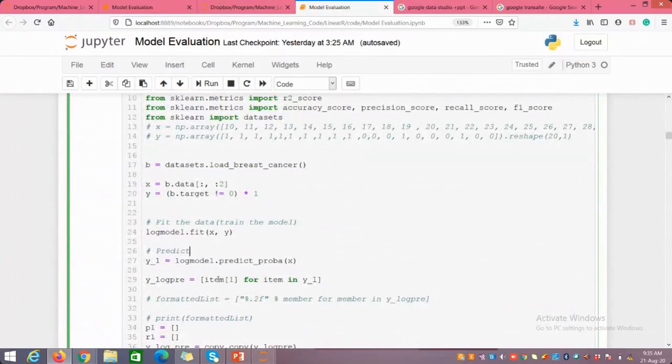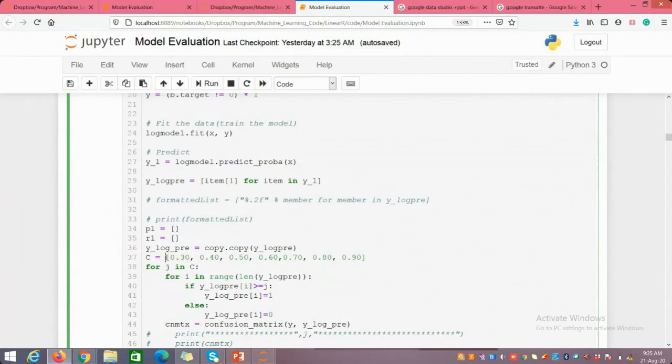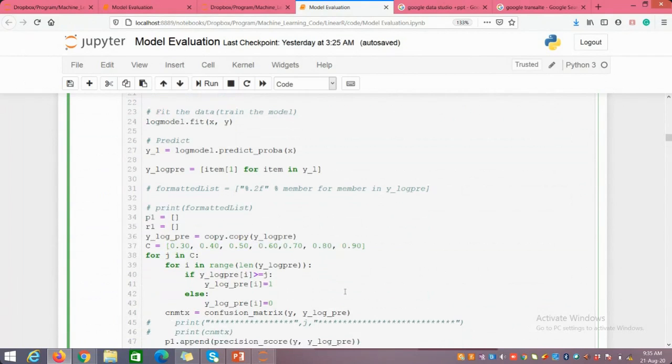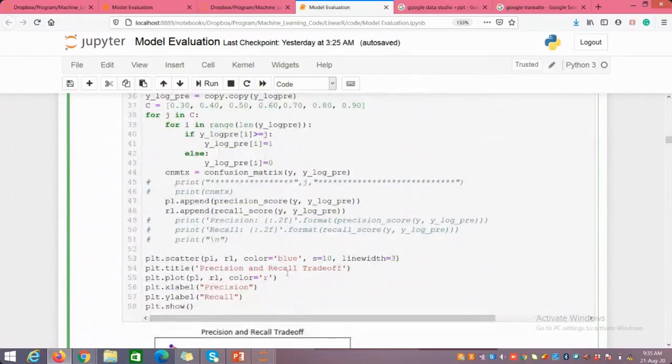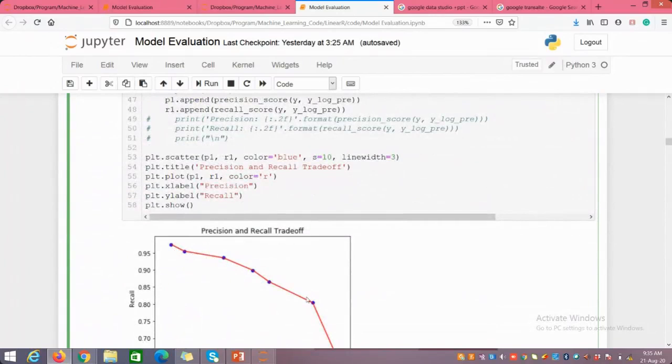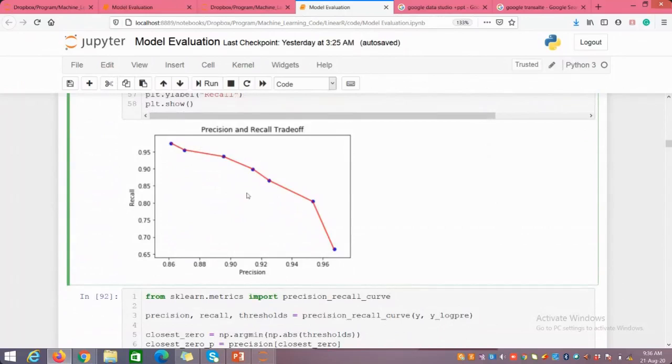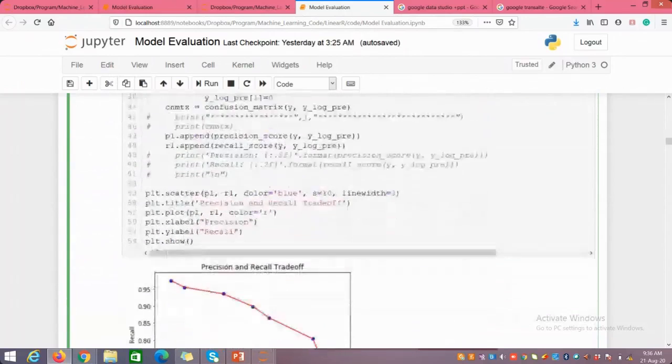In the other case, I am varying the value from 0.30 to 0.90, so there will be a shift in my decision boundary. If there is a shift, you will have different precision and recall. This same graph I have pasted in my PPT also, so that you can also try.